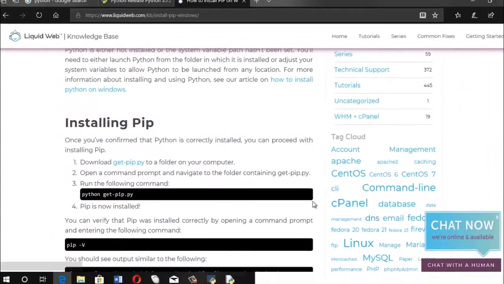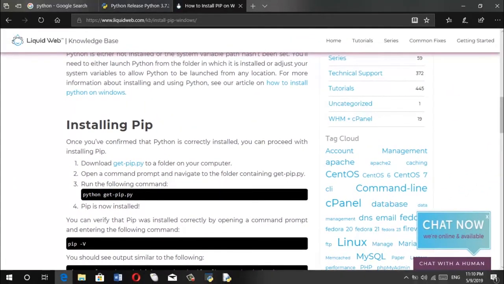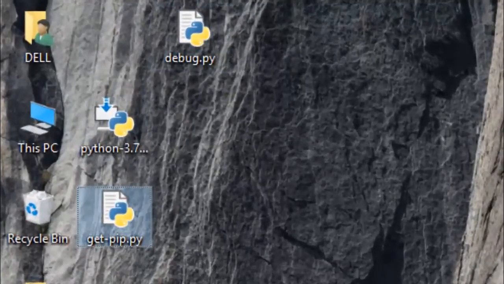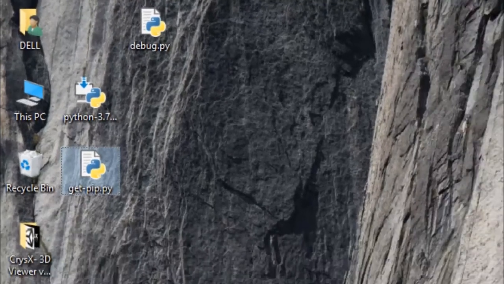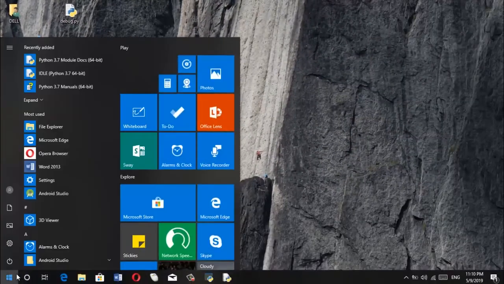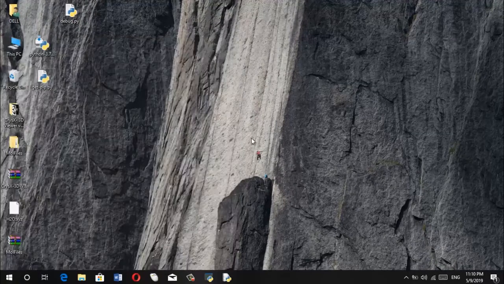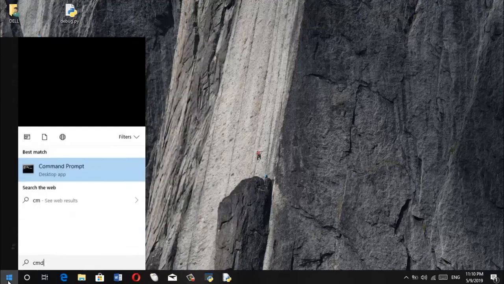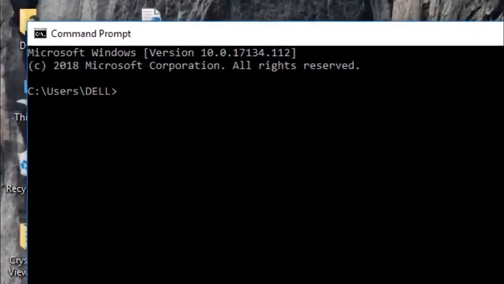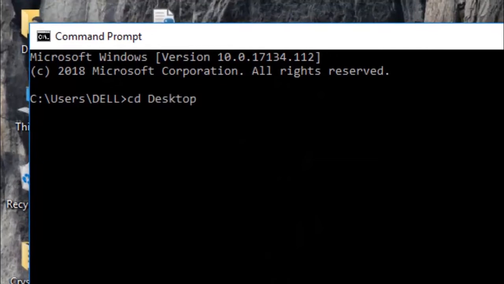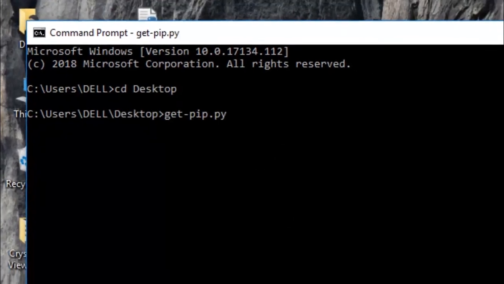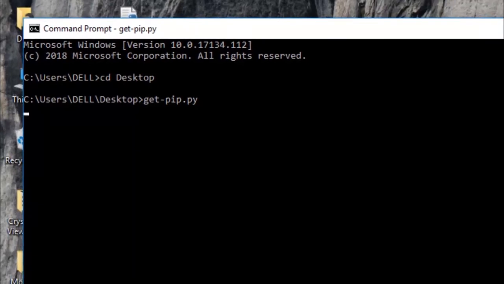So I have already downloaded it on my computer, here it is on my desktop, getpip.py. The next step is to run it using your command line. Just head over to command prompt, cmd, change your directory to wherever you have that file, run getpip.py and hit enter. What this Python script does is it uses your internet connection